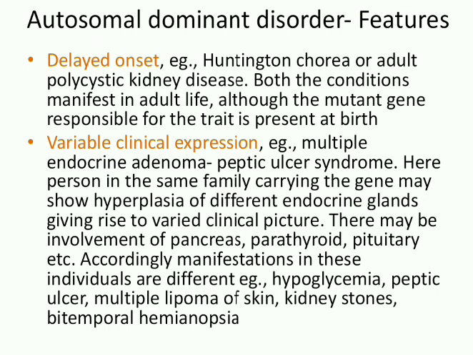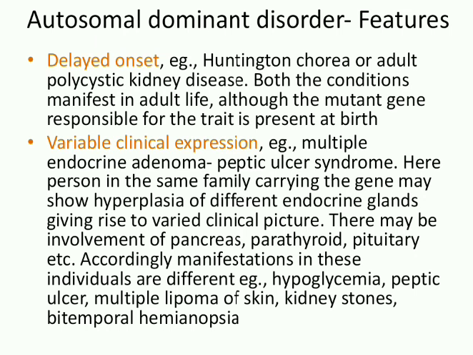So what are the features of autosomal dominant disorder? There are two main features. One is delayed onset, another one is variable clinical expression. What is delayed onset? It means the disease-causing, abnormal gene is present at birth, but the disorder manifests only in adult life. Examples are Huntington chorea and adult polycystic kidney disease. A newborn child has the affected gene, but during childhood it will be normal. In adult life it shows the clinical manifestation. That is delayed onset.